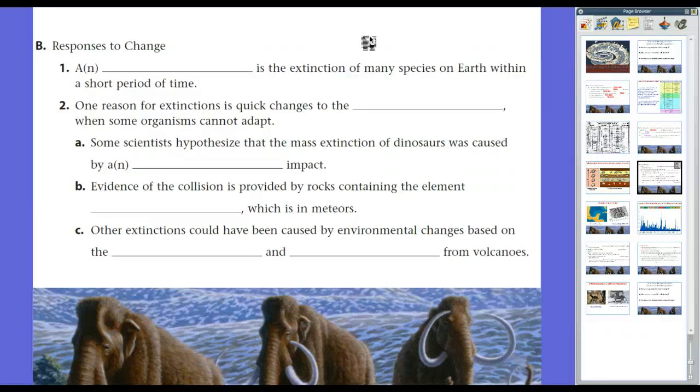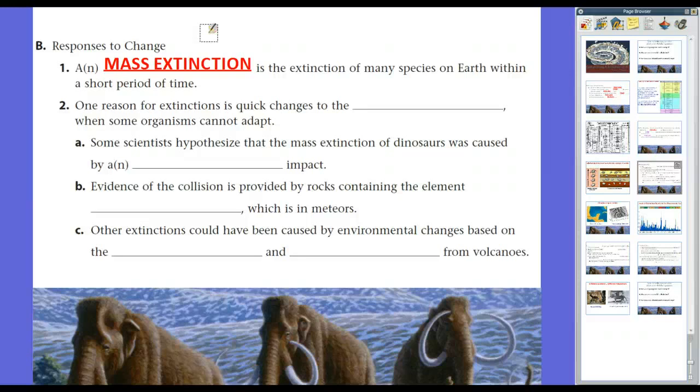But what triggered the actual evolution of these organisms? Well, essentially, what happens is mass extinctions would take place that were major triggers in the evolutionary timeline. Mass extinctions are extinctions of many species on Earth within a short period of time. Now, when we talk about a short period of time, we're not talking about a month or a year. Remember, we're talking about that geologic timeline. The distance from California to Virginia is the history of the Earth. Our life is only, in our case, the oldest person may be a couple of inches. Okay, so when we talk about a short period of time, we're talking about a couple thousand, tens of thousands, even